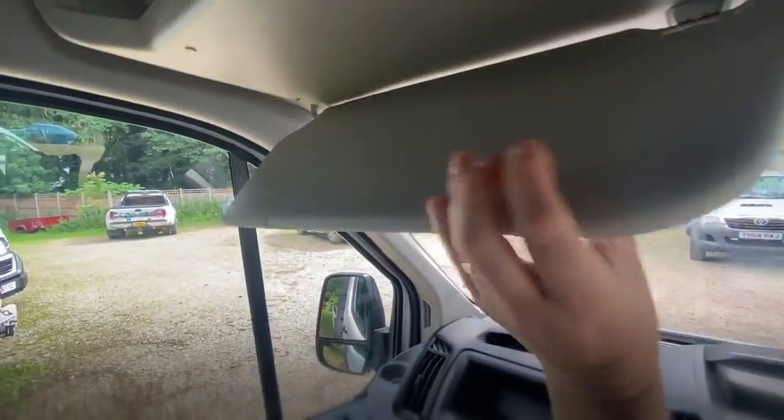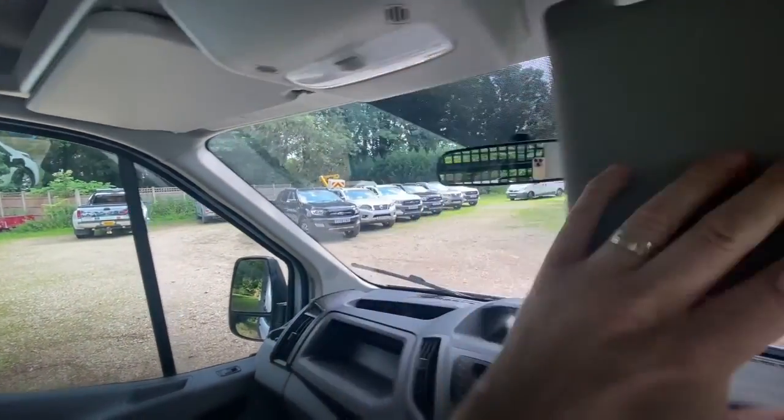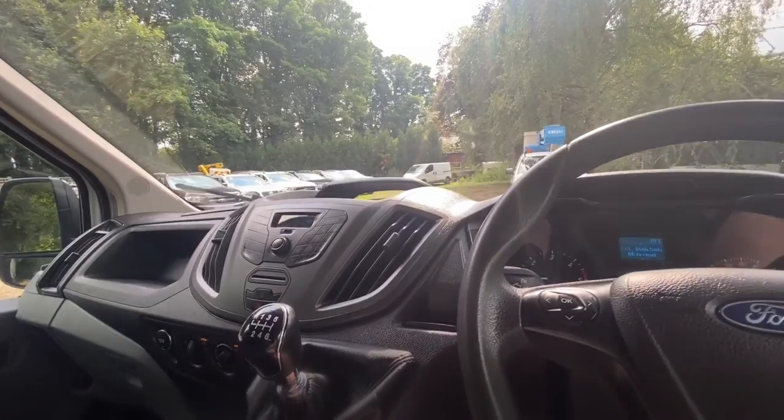Roof lining is very clean, it's free from damage. There's like a little cubby hole up above, I can't see there's anything in it. Inside it smells nice, doesn't smell like it's ever been smoked in, which is always a bit of a bonus